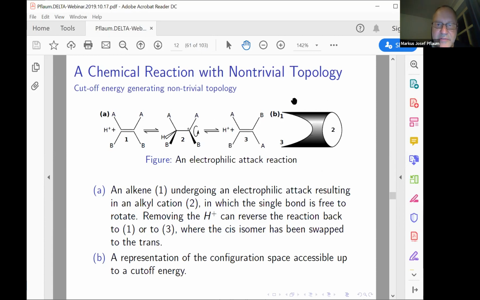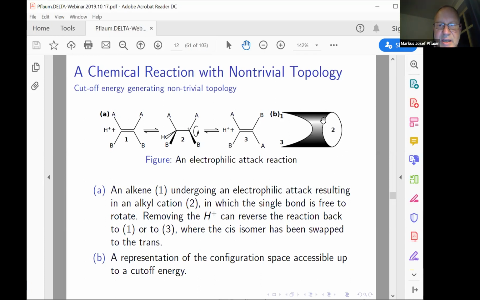And you see, if you cut off very low here, what would you get topologically? You would get 2 connected components corresponding to 1 and 3. If you go higher, at some point these 2 connected components merge into 1, and then you get this circular shape topology, which is different to the one before. By just changing the energy cutoff, you get topologically different regimes, and that gives you information about